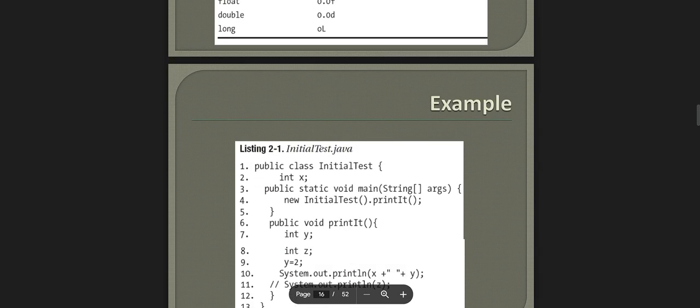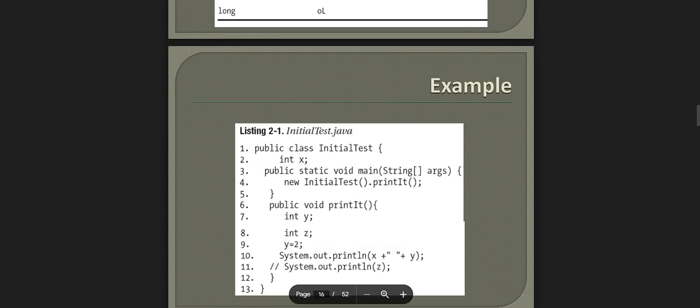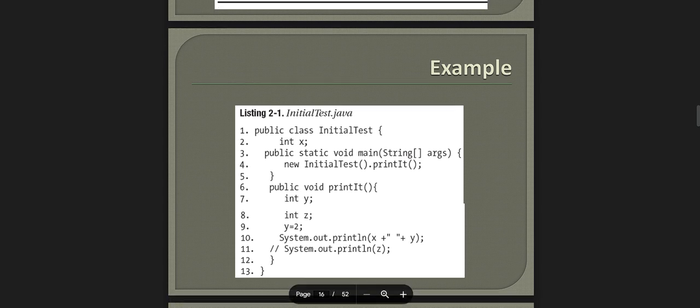Example, InitialTest.java: public class InitialTest { int x; public static void main(String[] args) { InitialTest obj = new InitialTest(); obj.print(); } public void print() { int y; int z = y; System.out.println(x + y); } }